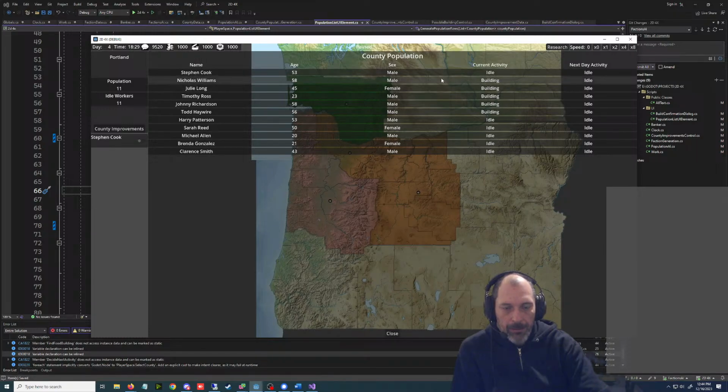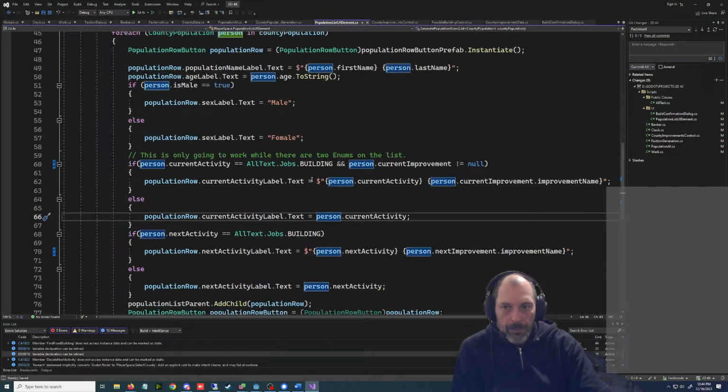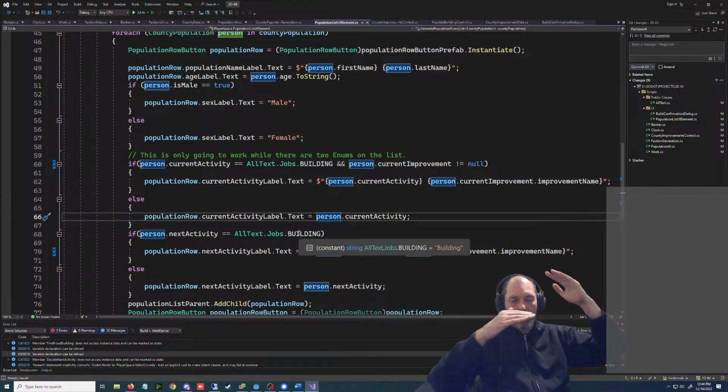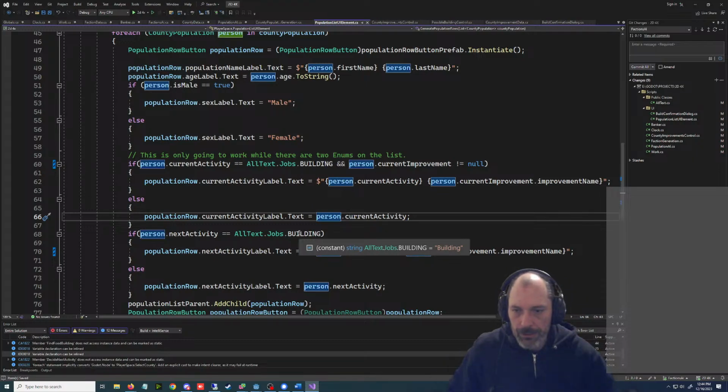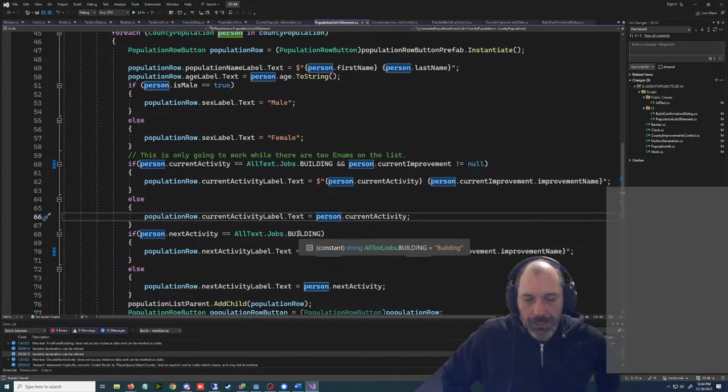I was trying to think we could put something like "was building" or "finished building," because it's only going to have that between 5 p.m. and midnight. So this is just when we're opening, and then it will be idle.